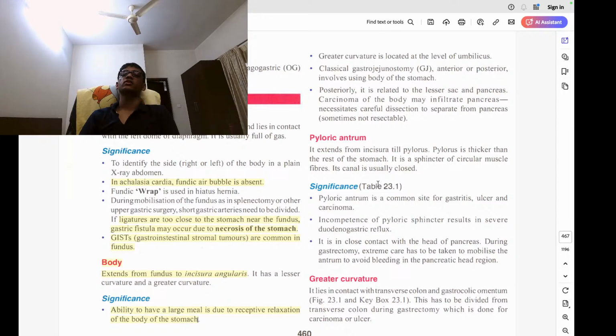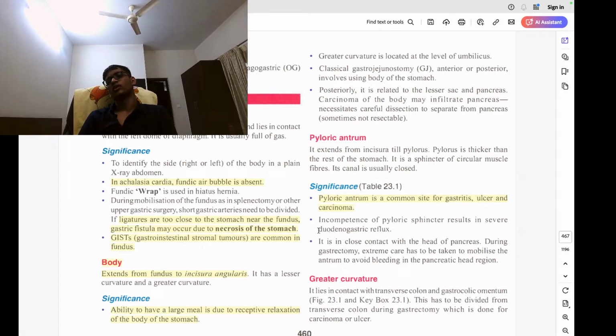Pyloric antrum extends from the incisura till the pylorus. The pylorus is thicker than the rest of the stomach. It is a sphincter of circular muscle fibers, and its canal is usually closed. So, significance: the pyloric antrum is a common site for gastritis, ulcers, and carcinoma. Incompetence of the sphincter results in severe